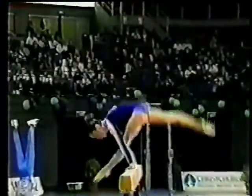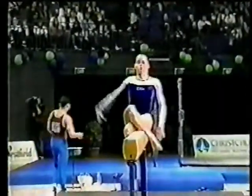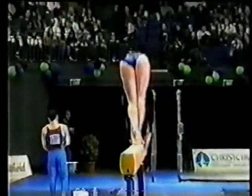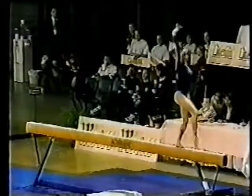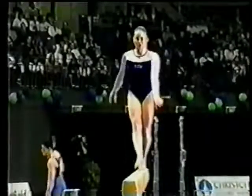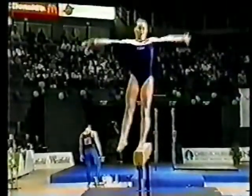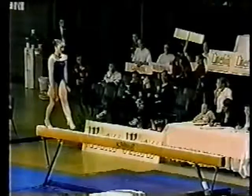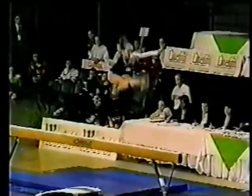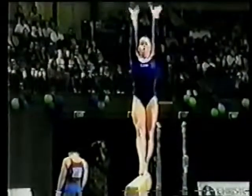Straddle jump, back handspring quarter turn. Elise entered the competition with a 9.625 from the preliminary round. Unlikely she'll be able to match that, having already taken a fall from the beam. When the competitors fall, they have 10 seconds with which to get back on the beam. There's a time constraint on the beam that they have to perform the routine within. Now, the clock does stop while they're on the ground, but they usually don't waste much time getting back